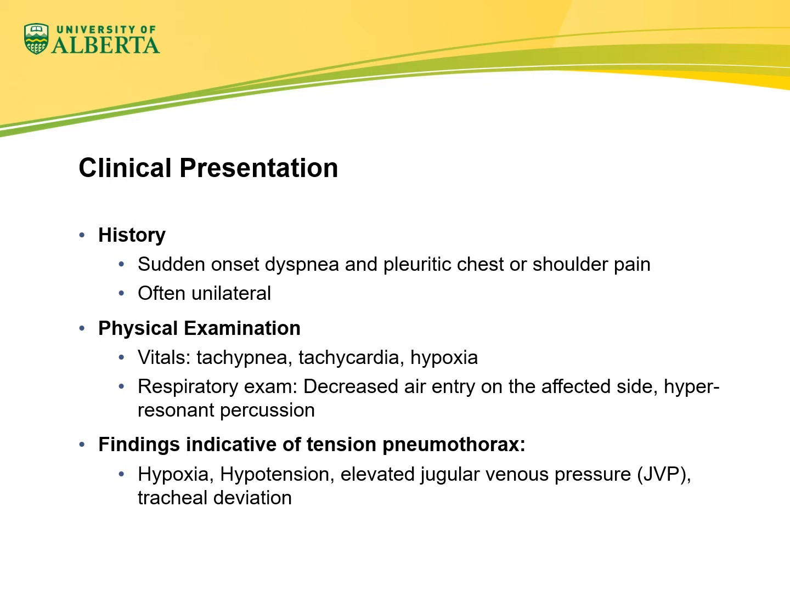On physical examination, the vitals may show tachypnea, tachycardia. In severe cases, the patient may become hypoxic. On respiratory exam, patients have decreased air entry on the affected side and hyperresonance on percussion. Findings on examination that are indicative of tension pneumothorax include severe hypoxia, hypotension, elevated jugular venous pressure, tachycardia, and tracheal